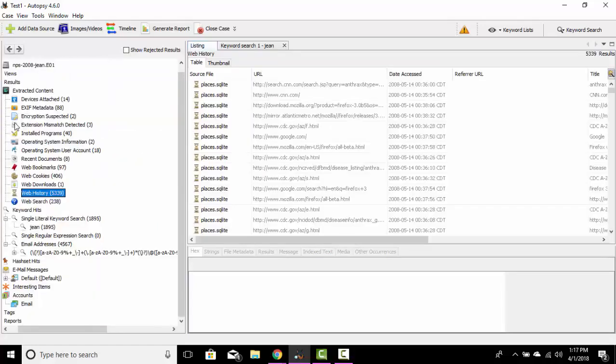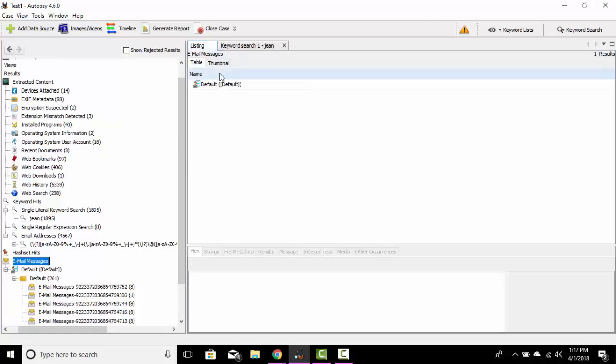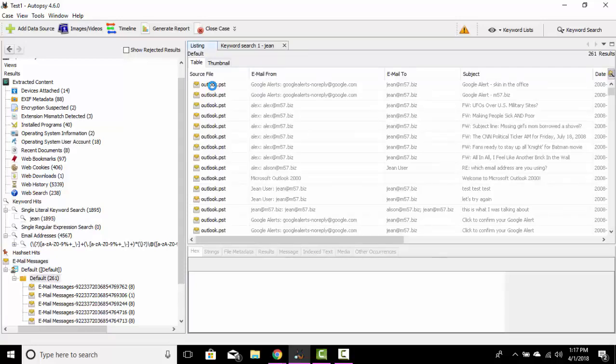So let's go ahead and minimize that. Again, let's go down to the email messages. Again, this is a little bit more robust, I think. This is what I would probably use. This is going to show us basically the entire emails. So underneath here, I can go up here and dial in like that, or I can just use the right pane, double click on this, and this is going to show me all of the email